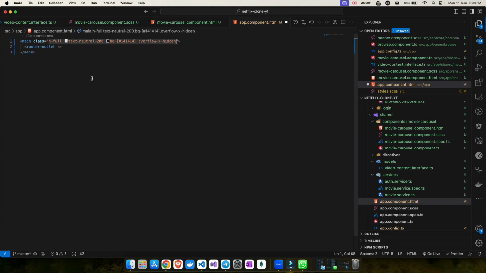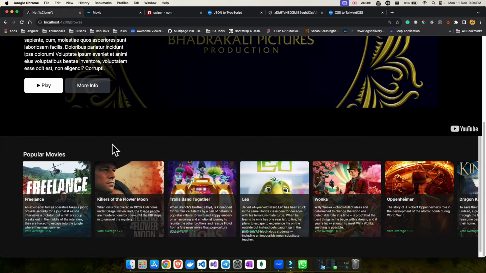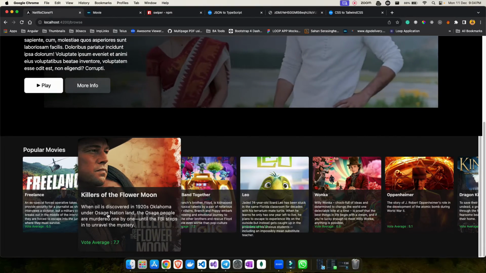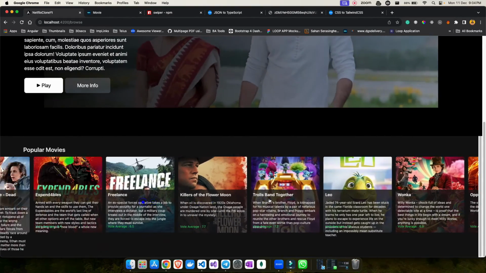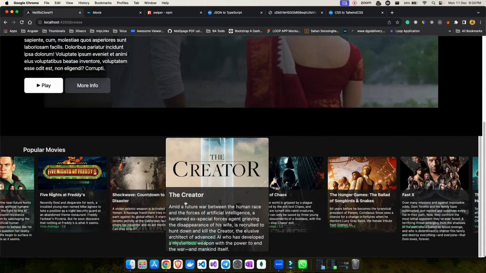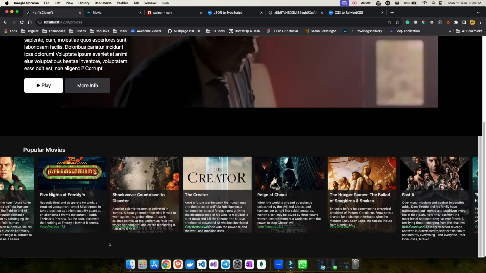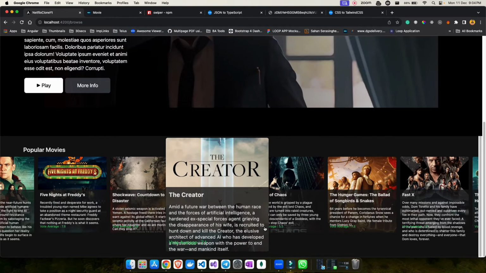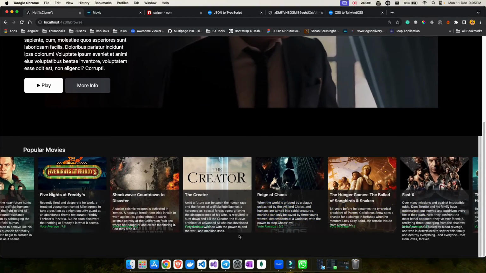Once I do all this, let me save the changes, and you will see something very interesting now. Everything is in black color, and you can see all your titles and the overview coming properly in white color, and you can read them as well. Now they are all readable, but I see one problem here: the contents are going outside of the card, which I don't need.